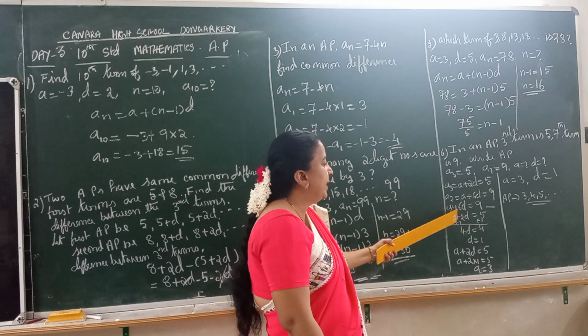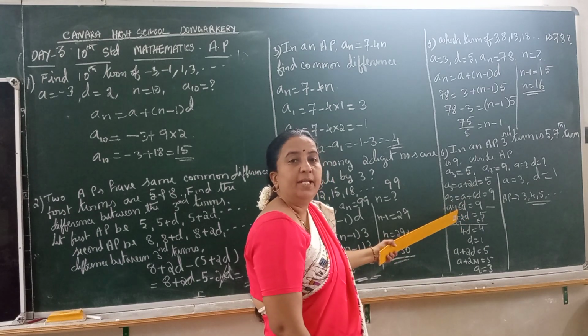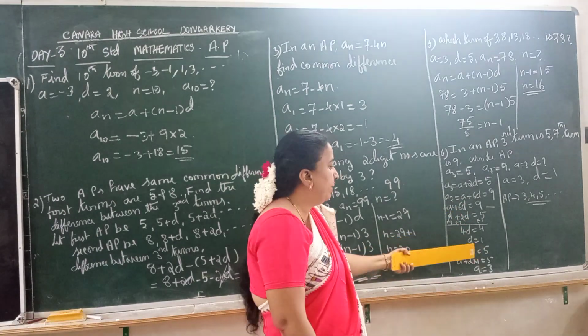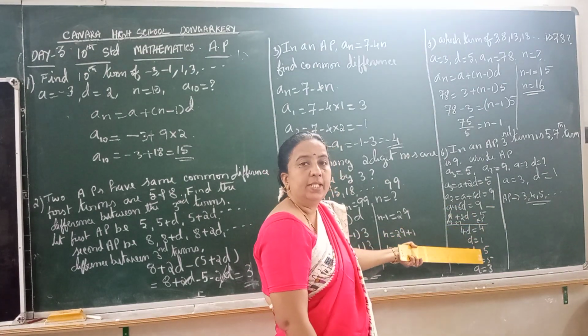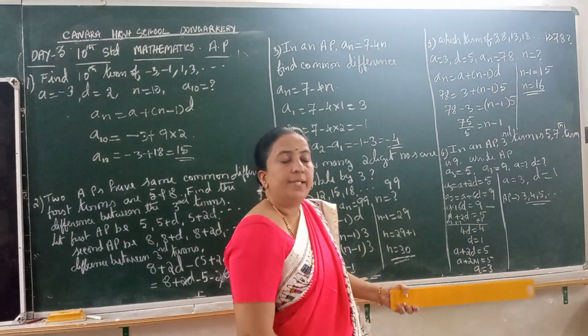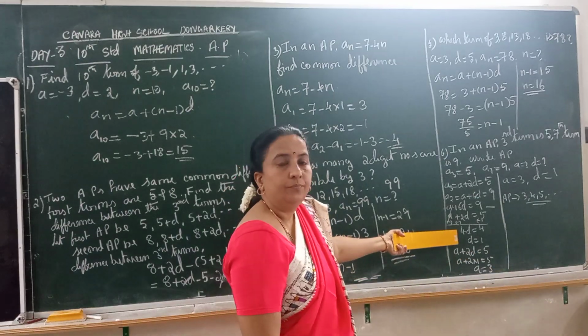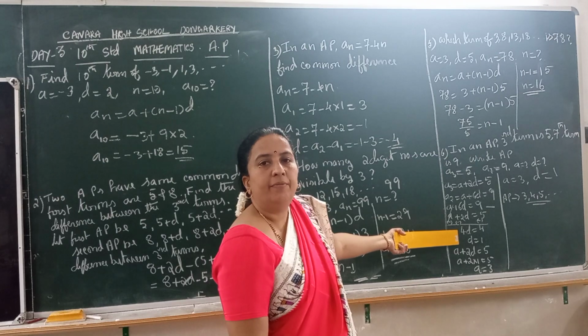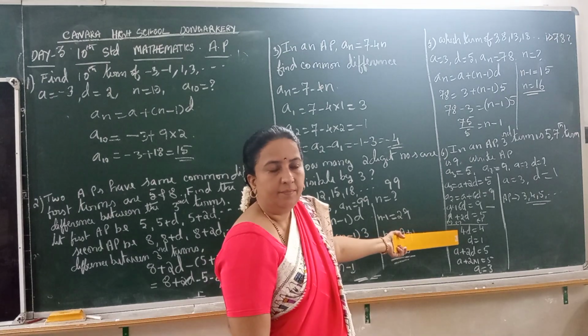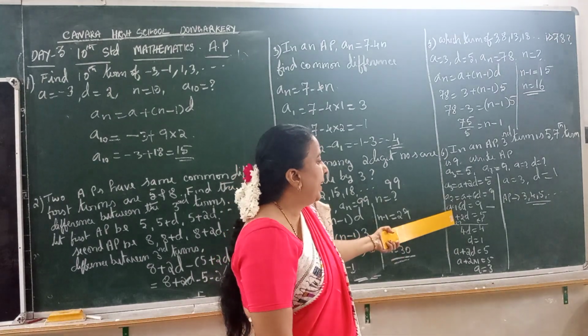6D minus 2D. 6 minus 2 is how much? 4. It will become 4D. 9 minus 5 is 4. 4D is equal to 4. Then what is the value of D? D is equal to 4 by 4, which is equal to 1. Take any one of